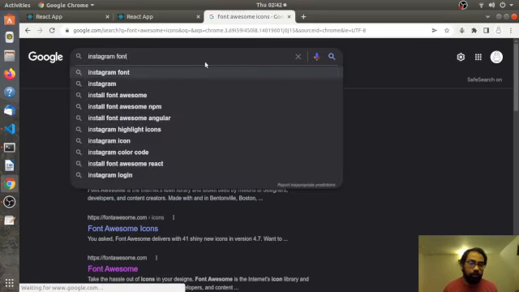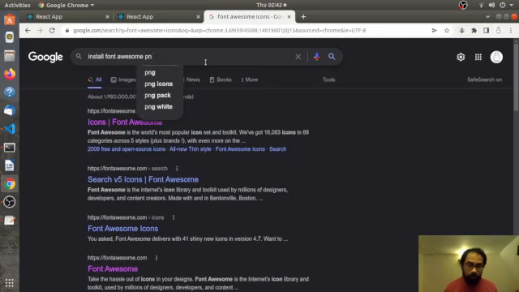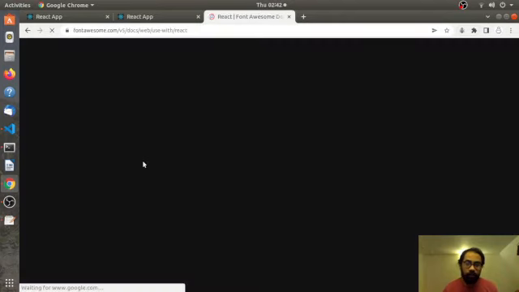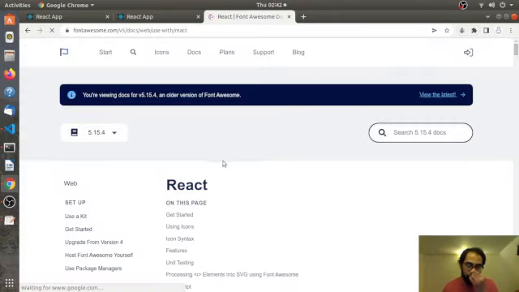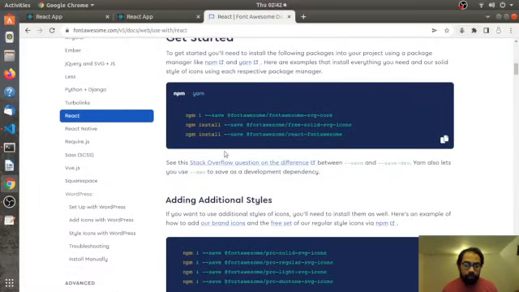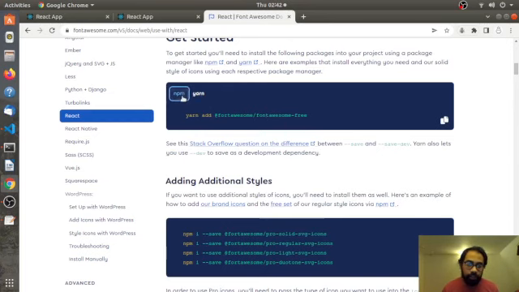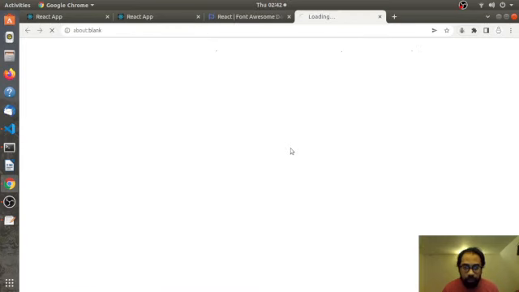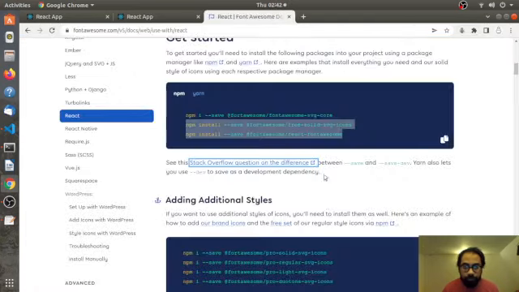Install Font Awesome on React, and they basically gave us nice documentation on how you can use it. It's very simple. So I'm using npm, but if you are using yarn, there's the command for yarn, and this is the command for npm. So we need to basically copy these commands. We have to copy all of them, or at least 2,